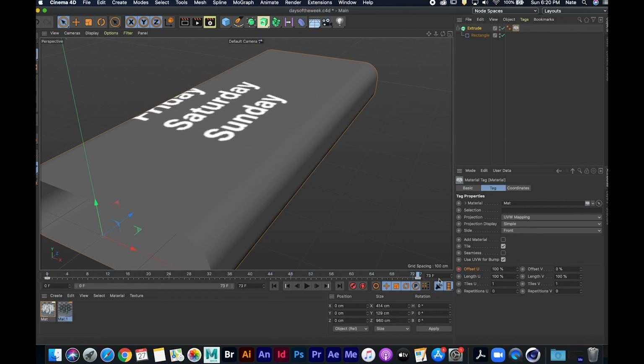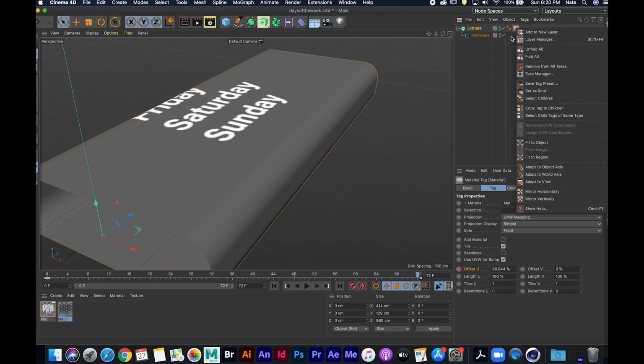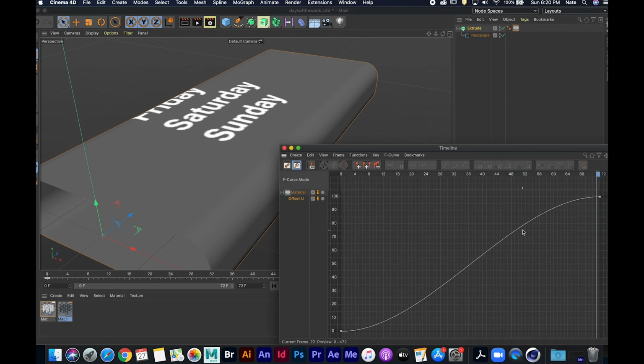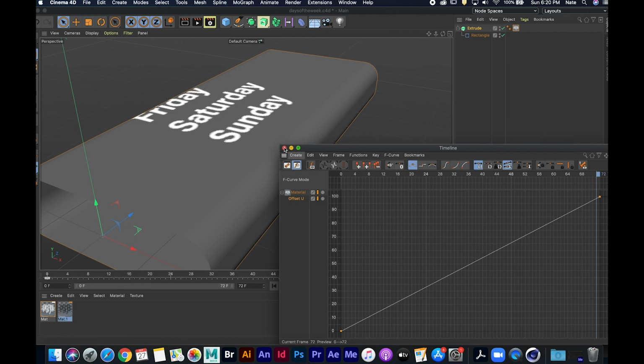Excellent, we do. And I'll change this back to 72 frames now. I want to go up here, and I'll right click on my extrude, show F curves, change that to linear,